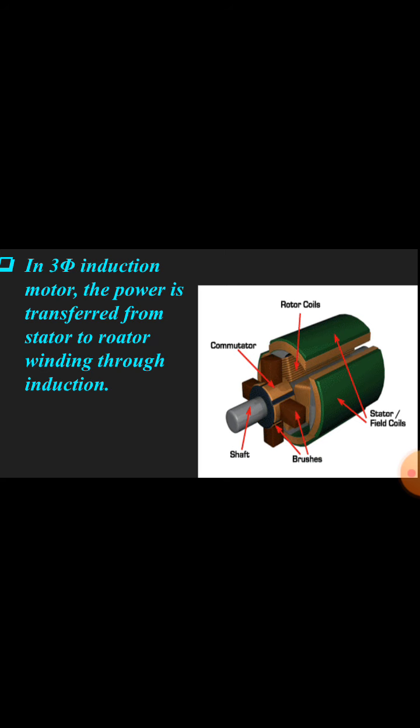This is the three-phase induction motor running. The upper layer is called the stator, which is the stationary part of the motor, and the rotating coil is called the rotor. There is also a winding, which is called the commutator, and this length of something in ash color is called the shaft. This is the running of the three-phase induction motor in the animation picture.